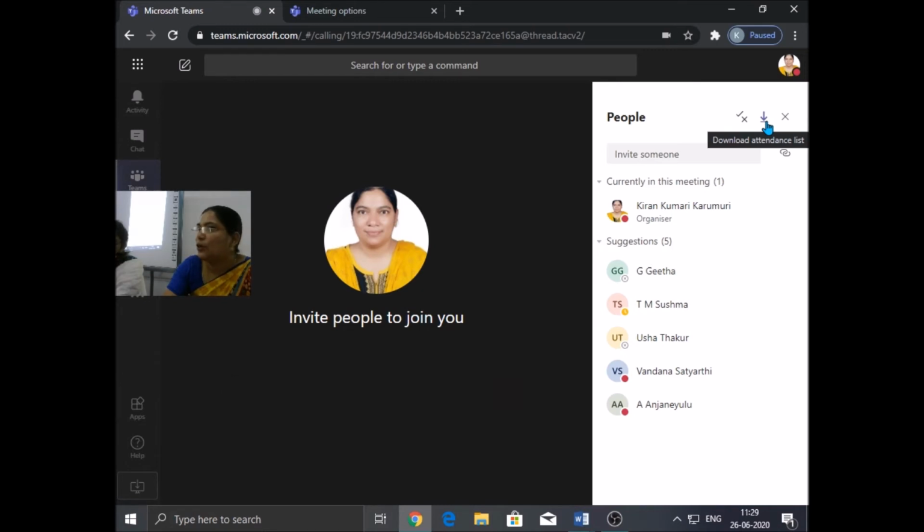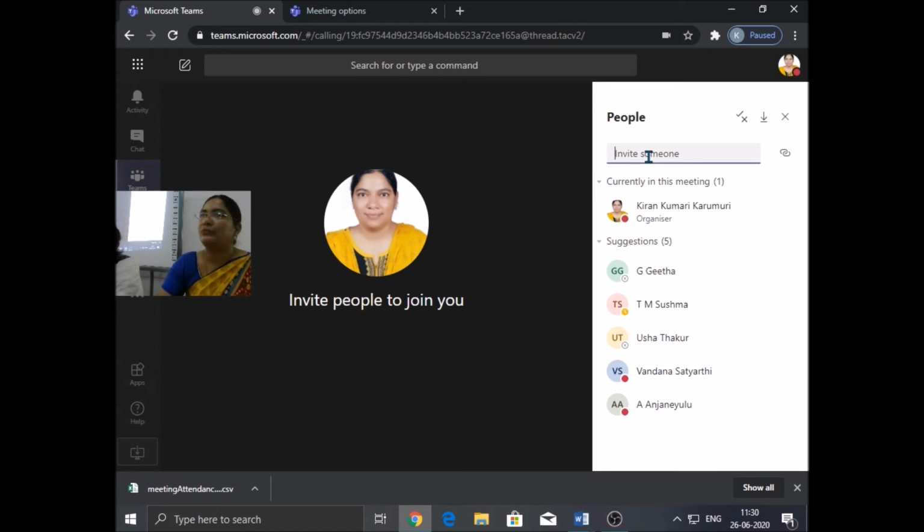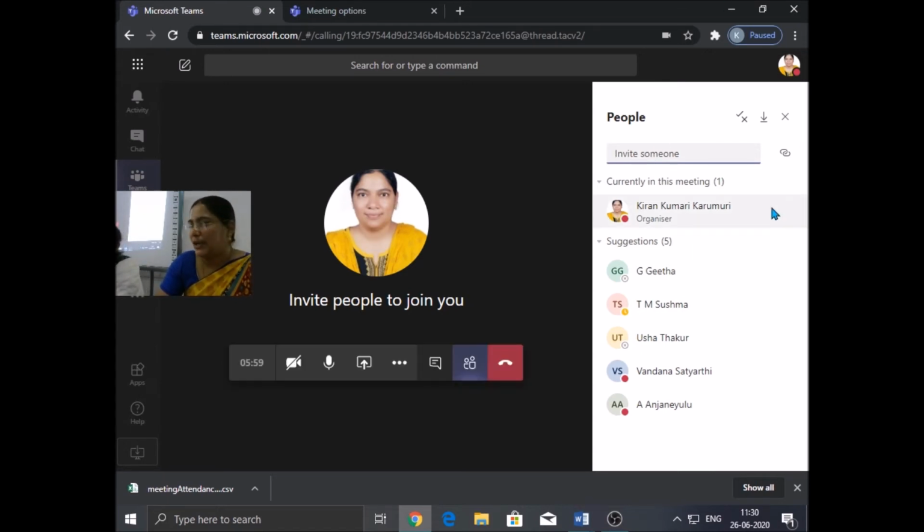Yes. Now you can see here, download attendees attendance list also. Here you can see the download option. Okay, for all joined, you can download. Attendance list also you can download. Right? So this is the Excel sheet, ready. At what time they joined, at what time they left. Right? Everything is ready. And if you want to see here, copy joining information, so that also you can store in your Word document for further reports and all. That also you can do.